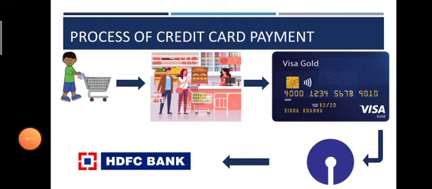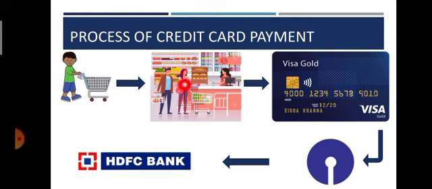Okay, so this is how a person can use a credit card payment. So once again I'll explain this in short. Here this is the customer, you can see this, he is the customer. Now he is done with all the items which he wants to purchase, and then he is going to the cashier, that is over here in the counter. Now he is paying his payment by the credit card. He is not having cash, so he is paying with the credit card.